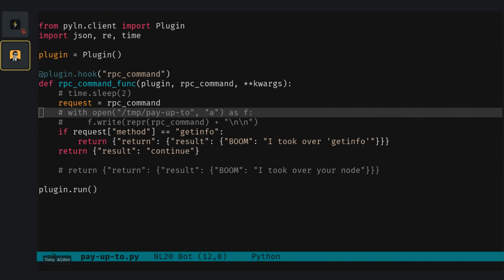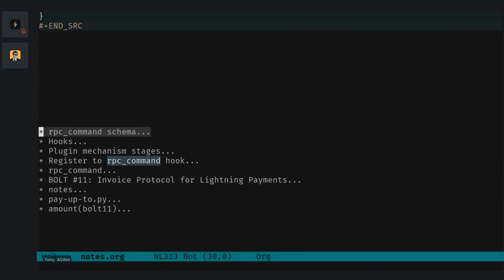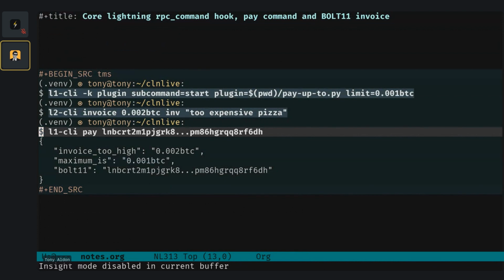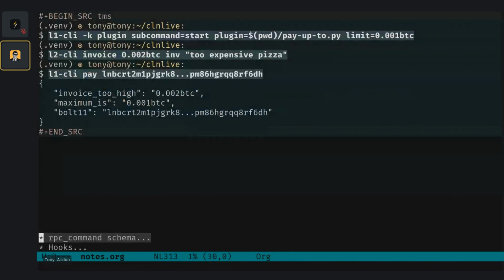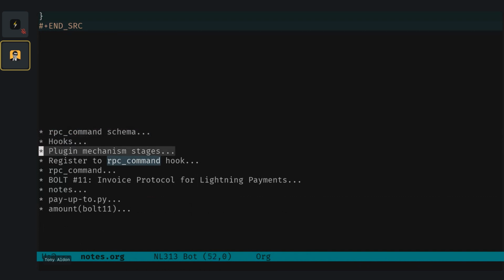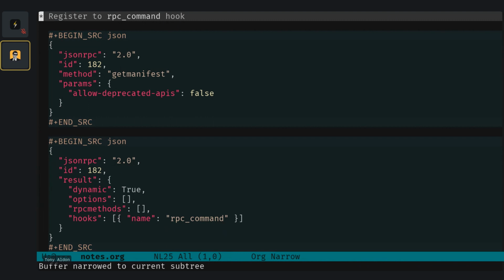Okay, so let's continue and see if we can, with the time left, make this thing with the node, because what we want to do is this. So it's the limit with the pay invoice, and just one thing, register an RPC command hook. So one of the things that is done by